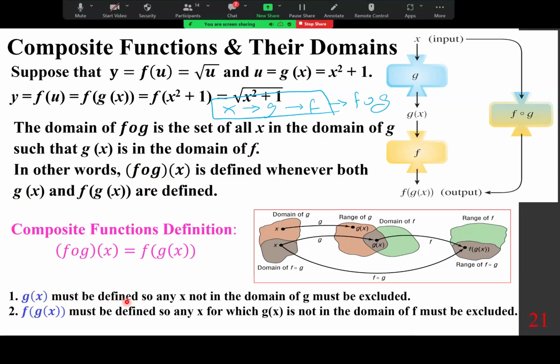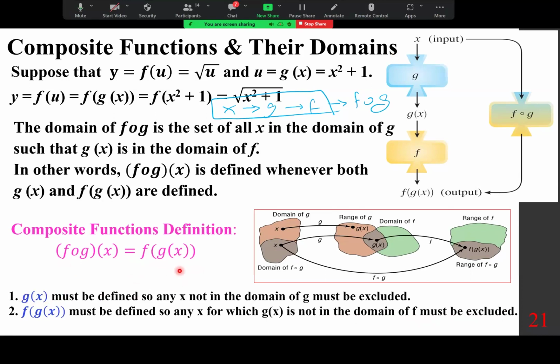Okay, so g of x must be defined, so any x not in the domain of g must be excluded. F of g of x must be defined, so any x for which g of x is not in the domain of f must be excluded. Meaning what? If I'm interested in finding the composite function, I go through the process and I find f of g of x. If I'm interested in finding the domain,